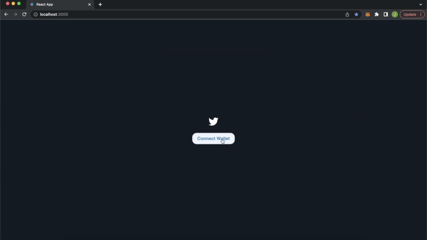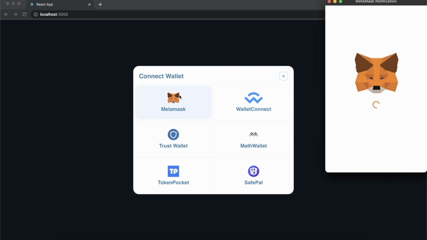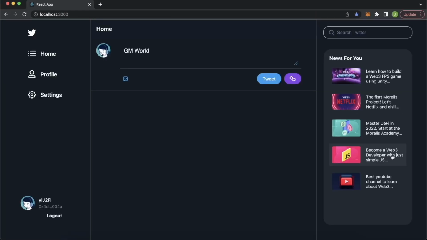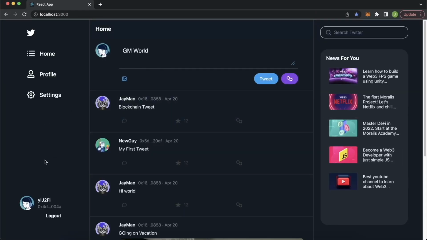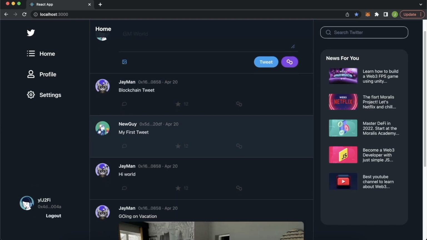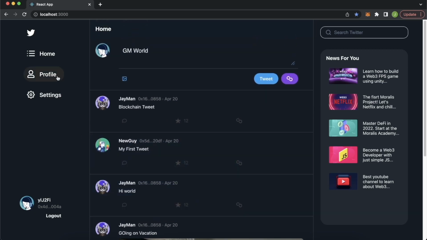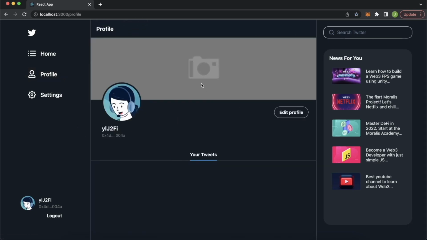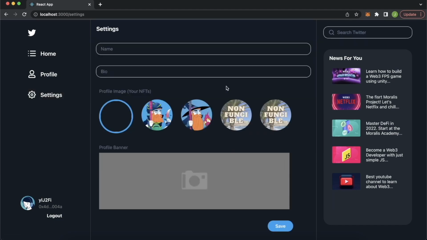Here on the front page, you can connect your wallet. We'll use MetaMask and sign in, and voila, you're on the front page. We're on a default account with a default username and a default user picture, and we have some tweets here already. If we go to our profile page, we don't have anything yet. We don't have a banner, we don't have a profile image set or a bio or any tweets, but we can go ahead and edit our profile, set ourselves a name, say Gary, a bio, let's say ex-investment banker turned